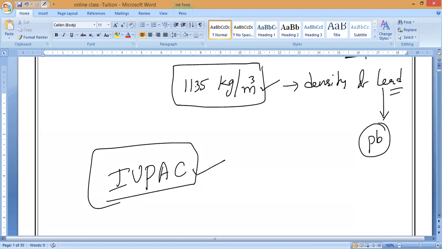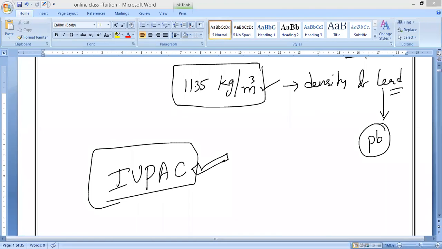IUPAC. Can anybody tell the full form of this? Elmukil, Shruti, anybody? This is the most important one. In future, you may become a chemist, and you have to work under this only. It means you will become a world famous chemist. So, what is the IUPAC? Anybody can say? Please respond.